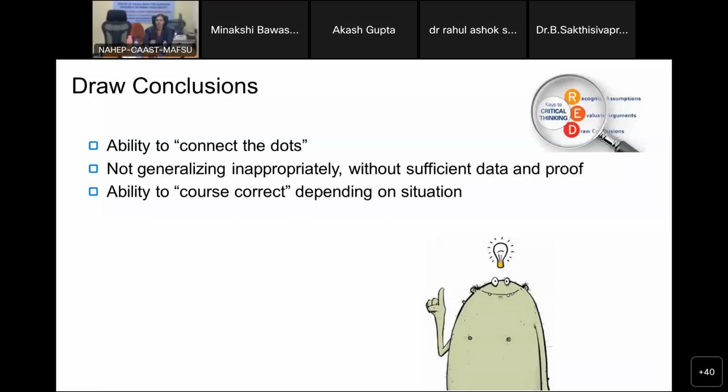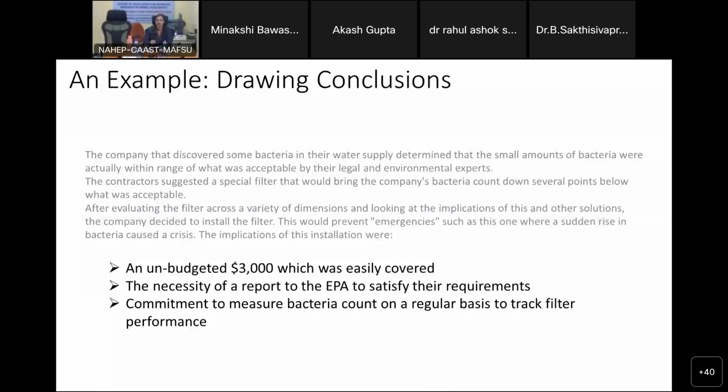This is again the same bacteria example that is going on, and what kind of solution was found. When they found out that there was a problem in the facility itself, what were the solutions? The budget was allocated, and then other processes and corrective measures were to be done, to get rid of the problem and not get it again. So these are some effective solutions that they are coming up with, which will lead to a positive result.